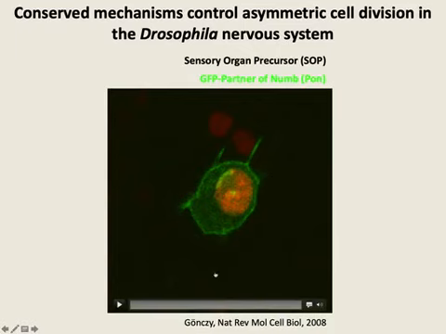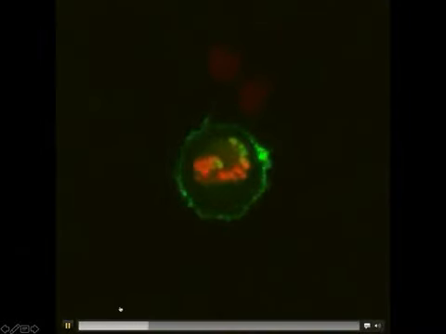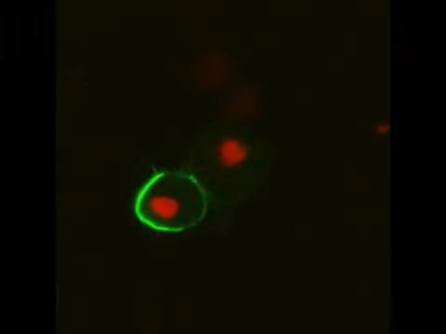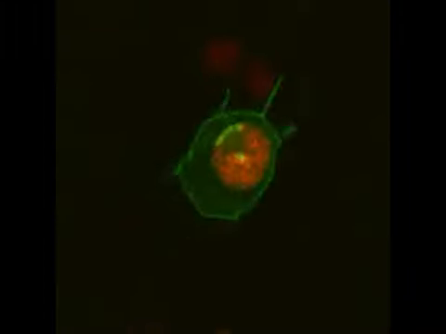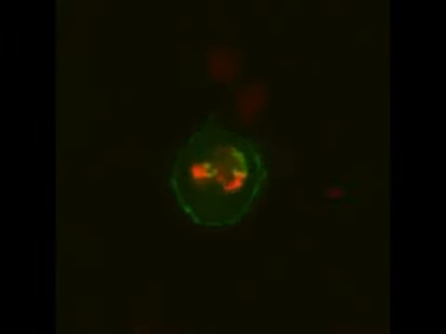So this is a neuroblast, actually a sensory organ progenitor. And what the movie is going to show you is asymmetric distribution of this PON, partner of numb, which is an important determinant for the GMC, the neuron progenitor. So you see the division happens, PON gets accumulated in one place, especially at the metaphase, division happens, and now all the protein is in one of the daughter cells. Okay? And now that daughter cell is endowed with the ability to become a neuron.